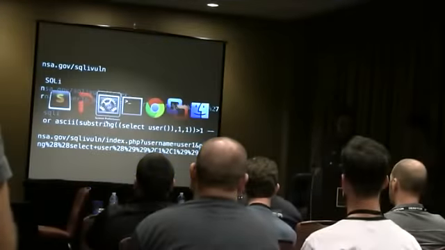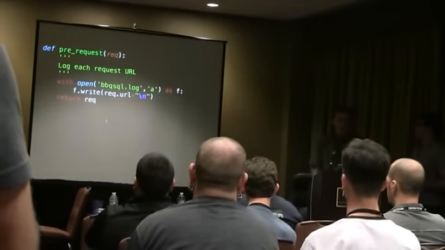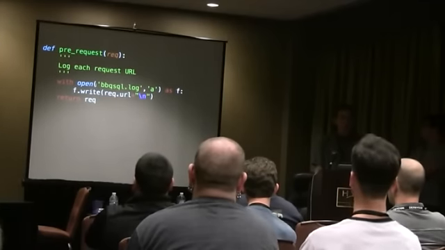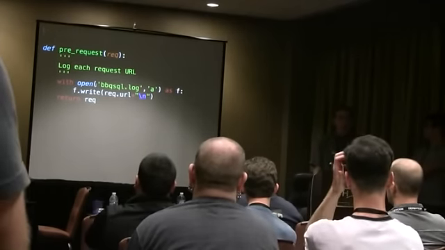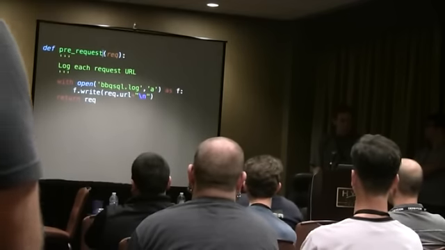I'm gonna step through real quick a few examples of how this works. So here's the ultimate simple example. You want to log each request that you're sending out to a file. So here's the pre-request method like I was talking about. Right now we're in